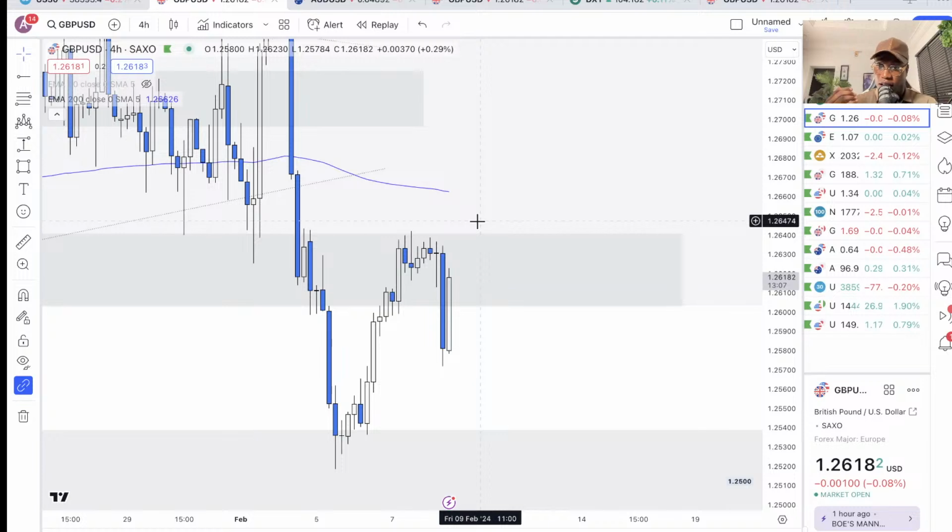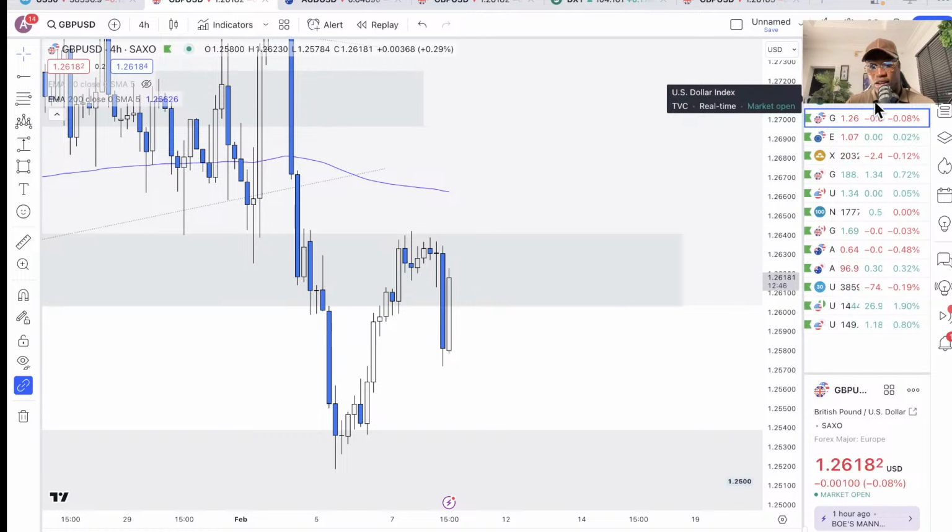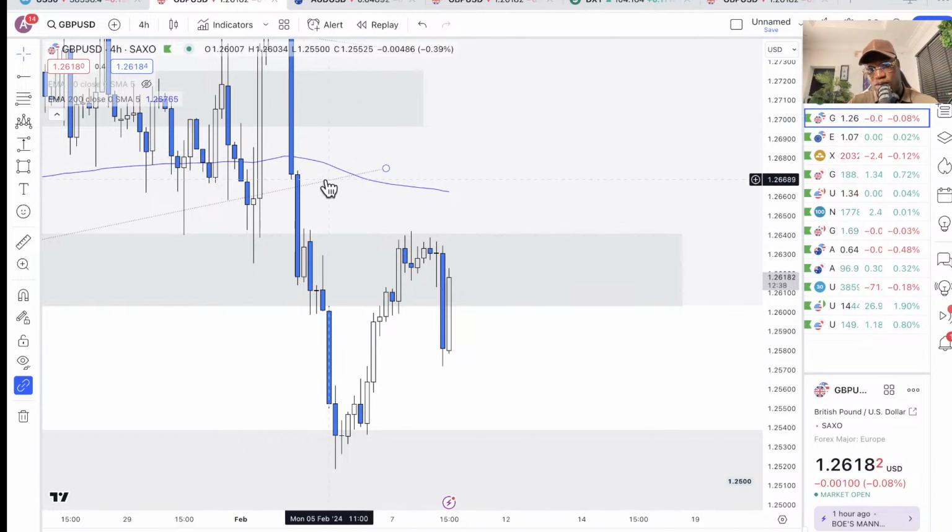Again, I'm bearish on the US dollar because obviously I've explained to you guys some of the things happening with the US dollar right now. And we're looking at a rejection at significant levels. So I'm bearish on the US dollar, except if we break the cycle levels I mentioned to you guys, 104.5 all the way to 105. If we break that, give that a sustained break and we continue to trade above that level, then I can start to go long on the US dollar, which means I will be selling pound dollar.